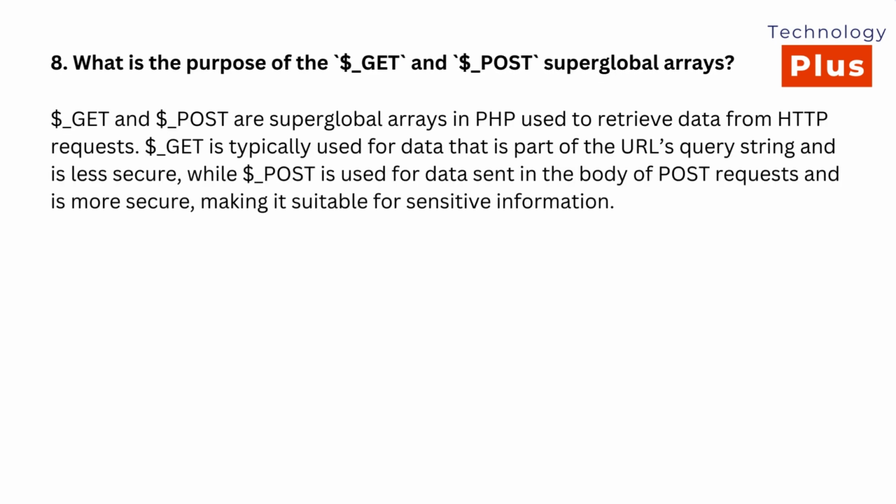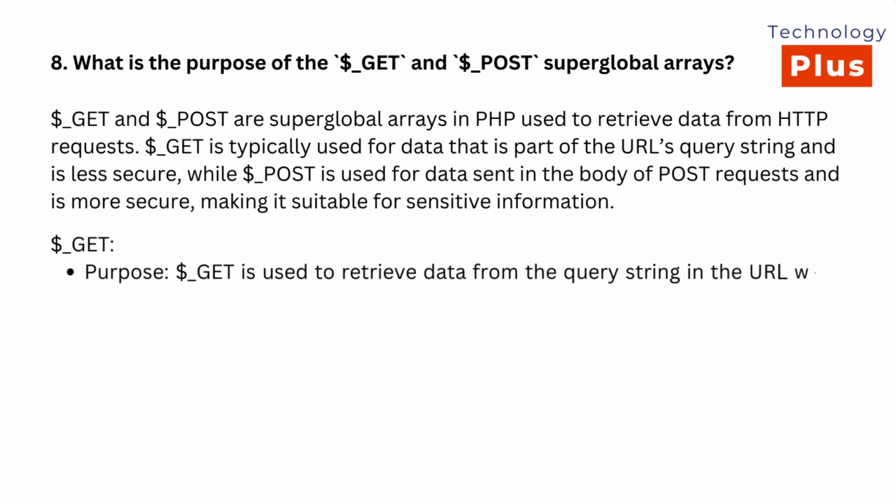What is the purpose of the $_GET and $_POST superglobal arrays? $_GET and $_POST are superglobal arrays in PHP used to retrieve data from HTTP requests. $_GET is typically used for data that is part of the URL's query string and is less secure, while $_POST is used for data sent in the body of POST requests and is more secure, making it suitable for sensitive information. Purpose: $_GET is used to retrieve data from the query string in the URL when an HTTP GET request